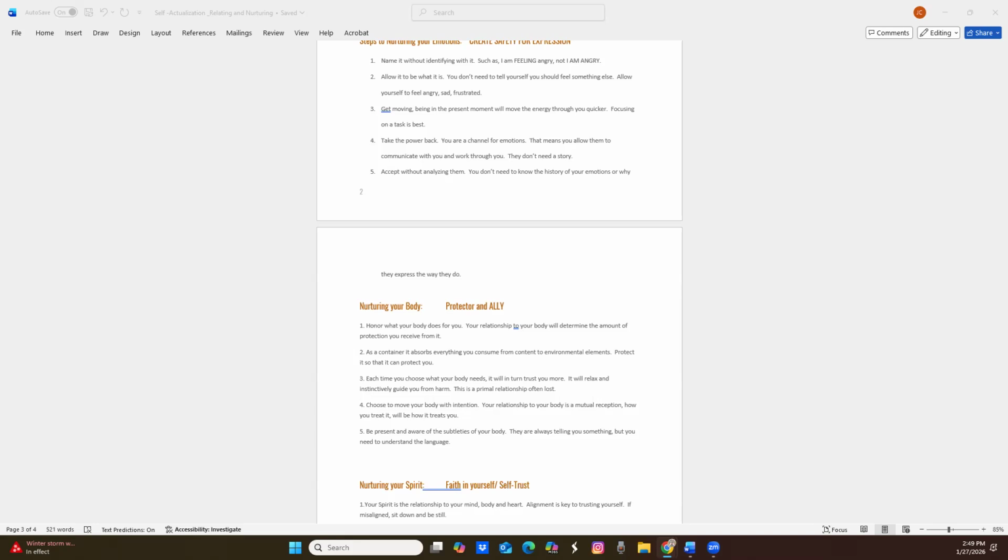So if you have a good relationship with your body, it will instinctively lead you away from certain places and things that can be harmful. And it takes time to develop that relationship, but you can develop that relationship just by being present in your physical body. So I personally prefer Tai Chi and Qigong, but any type of movement that helps you stay alert and know the subtleties in your body. It'll help you tune into the present moment.